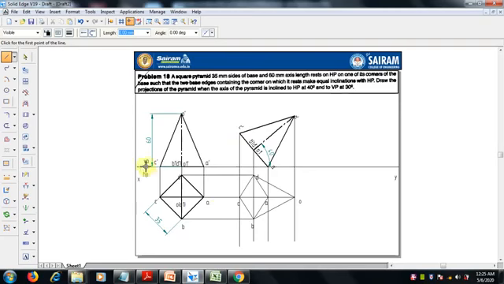Right. So as I said, the outer boundary you can select and make it thick, this and this. We can go for 0.5 mm thickness. So this outer boundary is done.